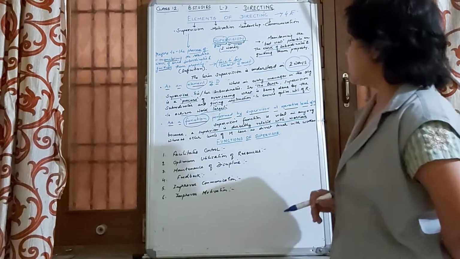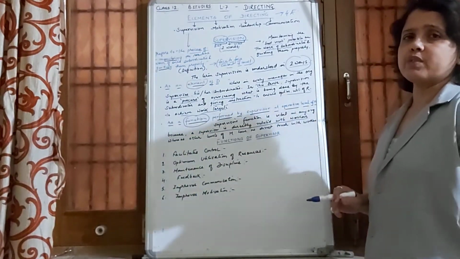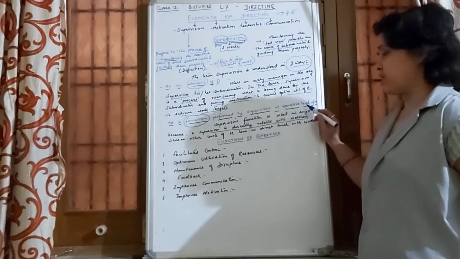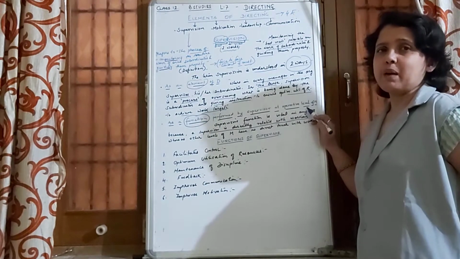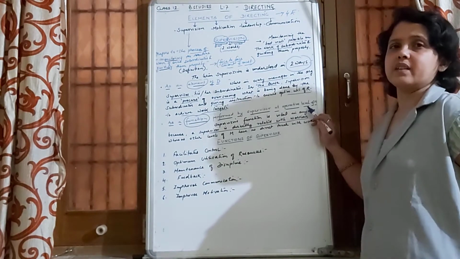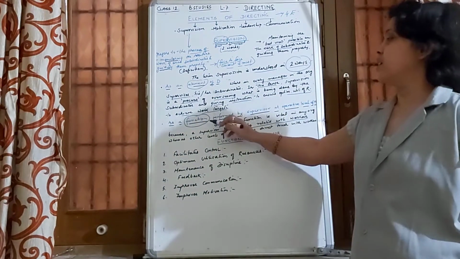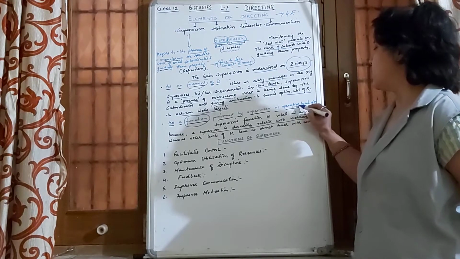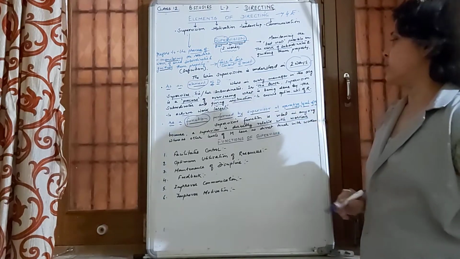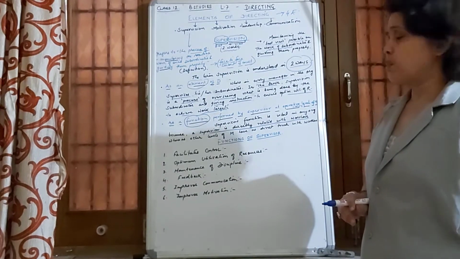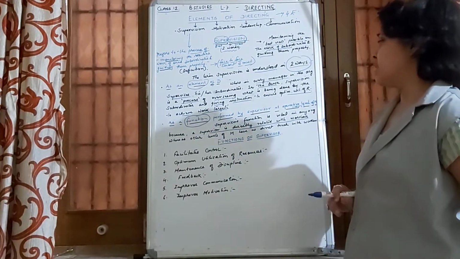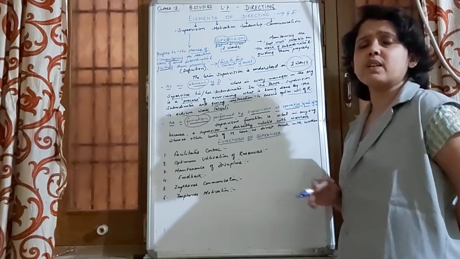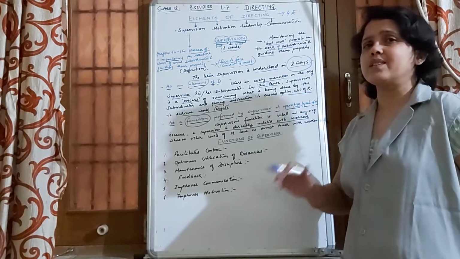this function is performed by the supervisor, and the supervisor, we have already learned, is a lower level management position. In the management hierarchy, the supervisor lies at a position which is operative level, also called lower level management position. So as a function performed by the supervisor, we see that the supervisor is directly related with the workers, because under supervisors are the workers. That means the non-managerial staff.